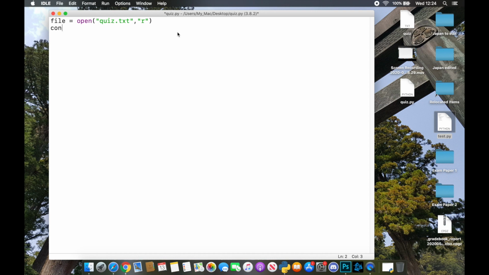Now once that's actually opened, I need Python to be able to read it. If I don't read it, what you'll end up with is an error which says IO text wrapper. What that means is that Python has got the file and it's just reading the container that the file is in. It's not reading the text within that actual file. So contents equals